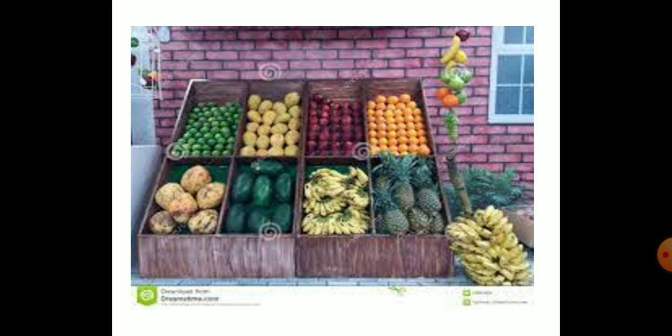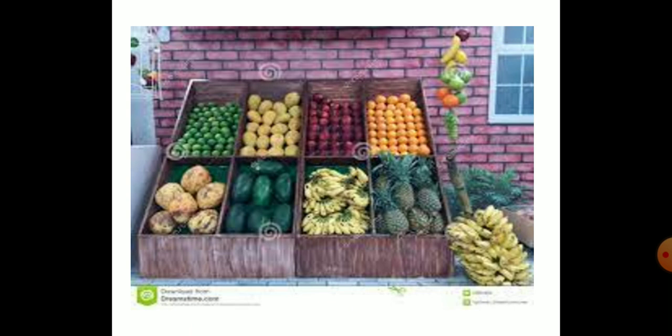Dear students, here I have placed a picture of a fruit shop. Here various fruits are arranged in various racks. The apple is arranged in one rack, the orange is arranged in another rack, and so on. Why is it arranged like this? Because if we arrange like this, we can avoid confusion. If we want an apple, we can take it directly from the apple rack. If you want oranges, you can take them directly from the orange rack, and so on.